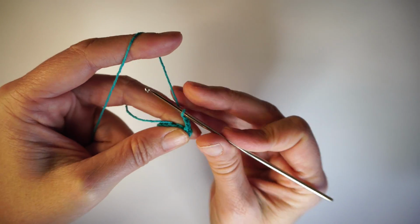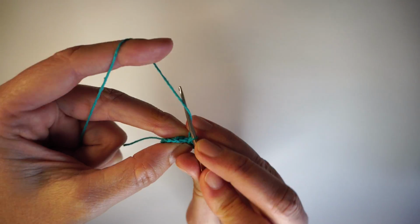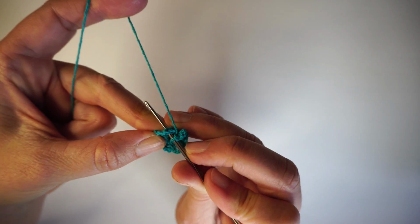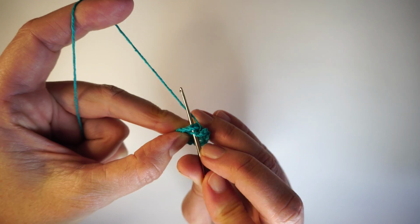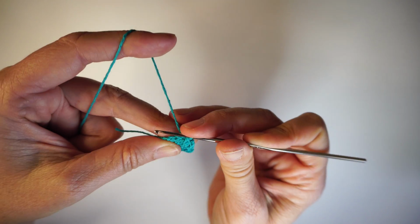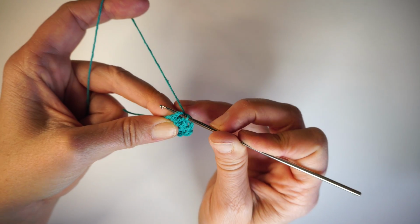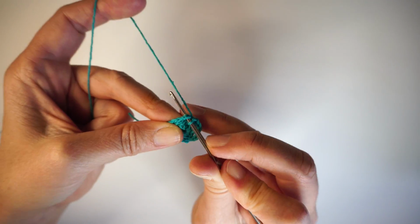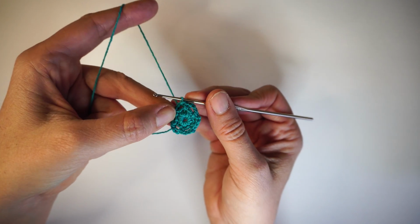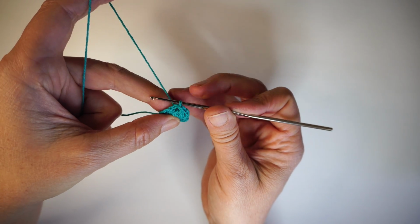3 chains, skip 1, single crochet, 3 chains, skip 1 and single crochet right under this first single crochet there, and then 1 slip stitch in this first little arch here underneath your 3 chains. Make a slip stitch. So you're going to have 6 of these little arches here, and then from here